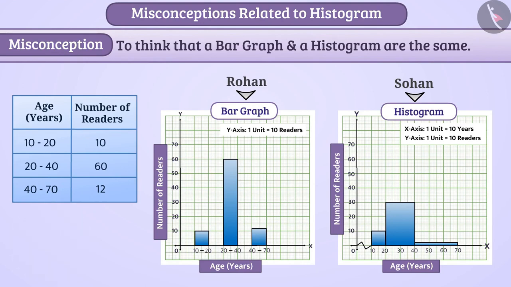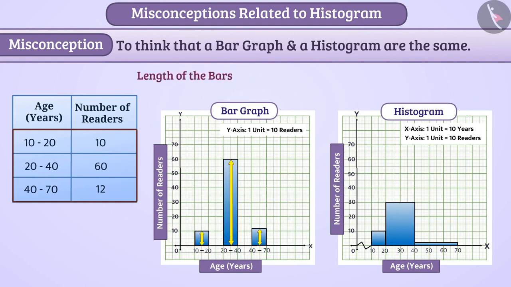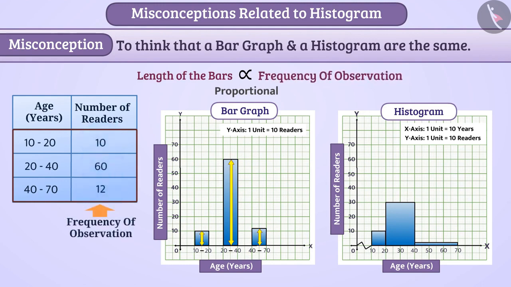Let me tell you, the same figures are represented differently in bar graphs and histogram. Both types of representations are correct in their respective places, but differences can be seen between the two. For example, in a bar graph, the length of bars is proportional to the frequency of observation. That is, the frequency of observations is represented as the length of bars,